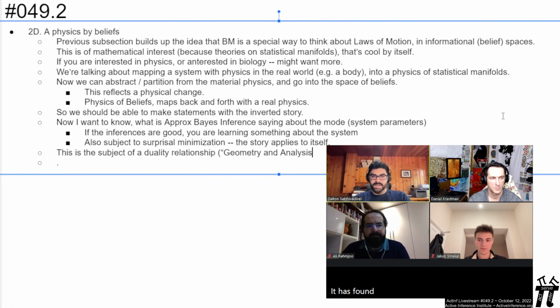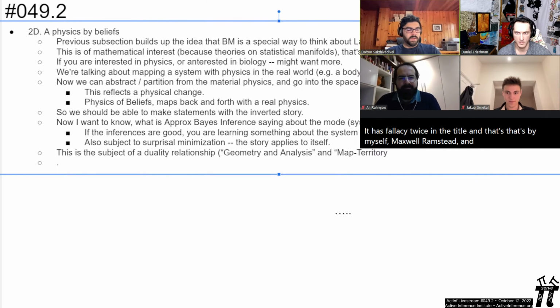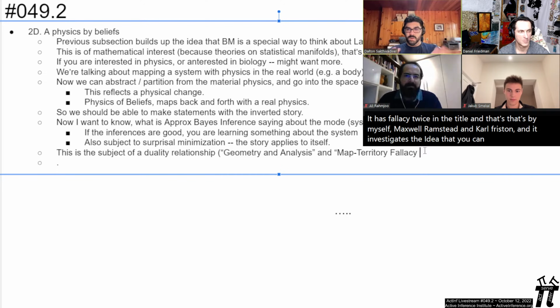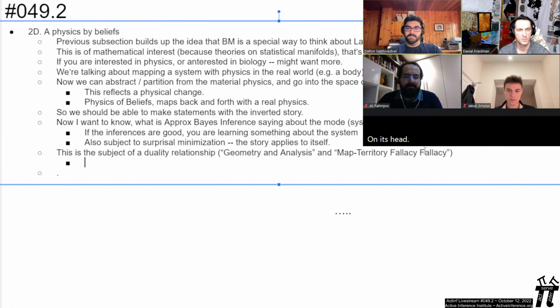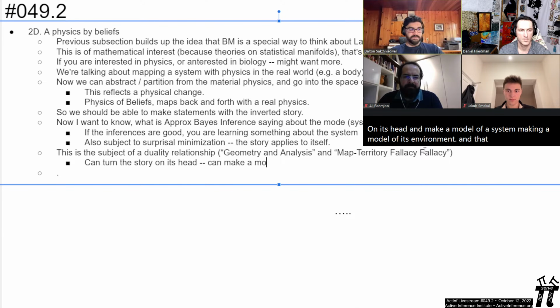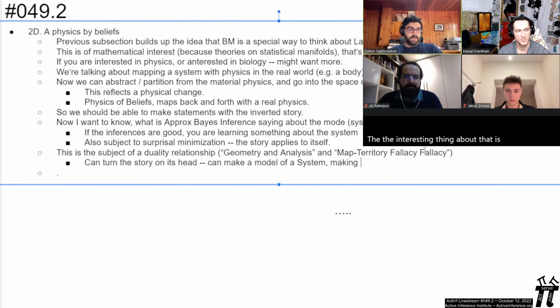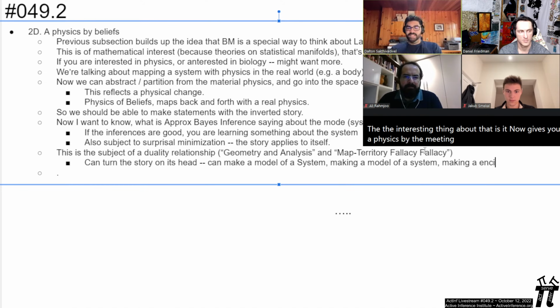It has fallacy twice in the title, and that's by myself, Maxwell Ramstead, and Carl Friston, and it investigates the idea that you can actually turn the story on its head and make a model of a system making a model of its environment, and that's insightful for various reasons. The interesting thing about that is it now gives you a physics by beliefs, in the sense that now my